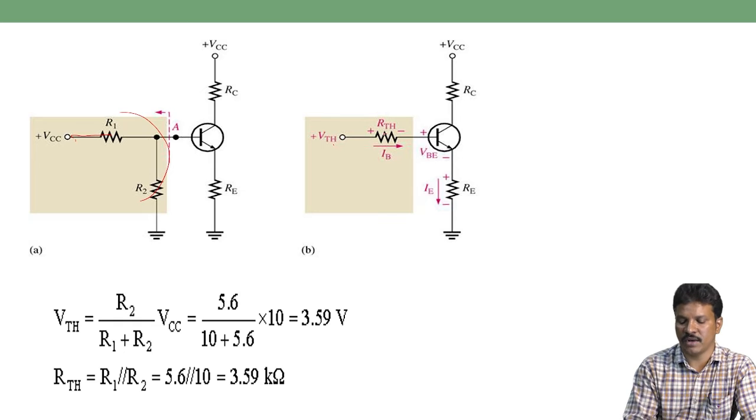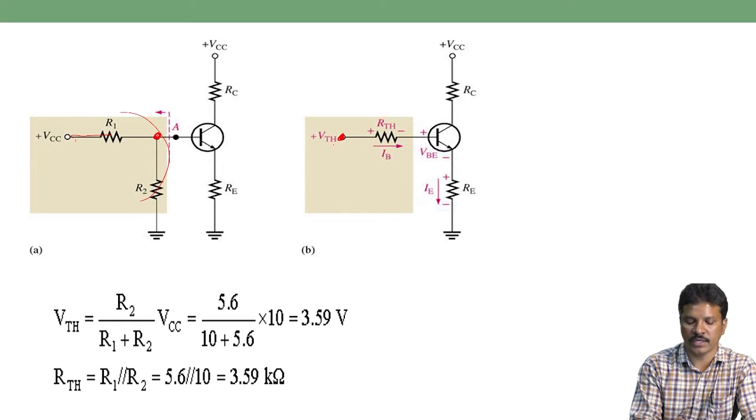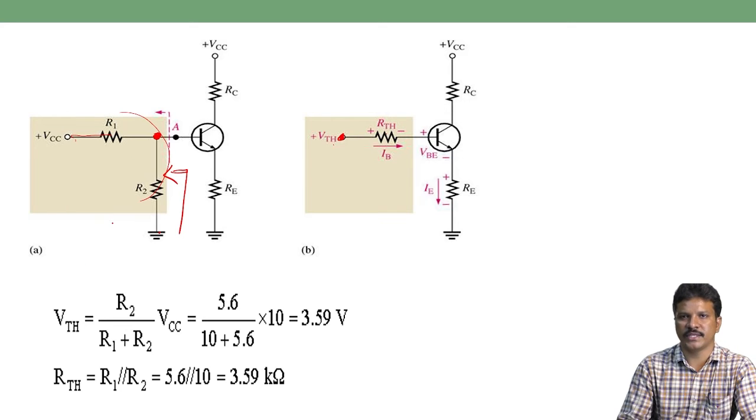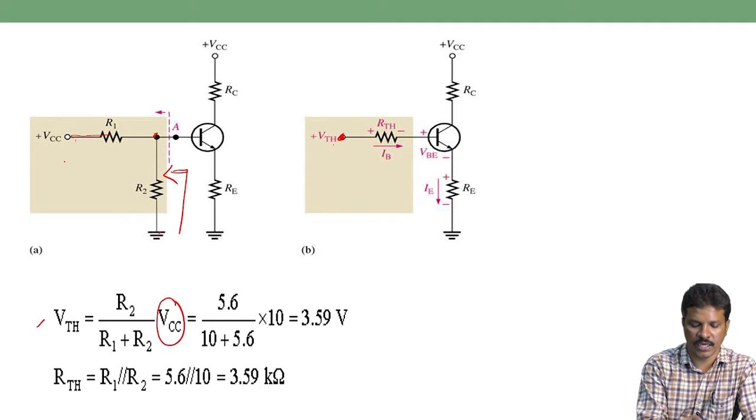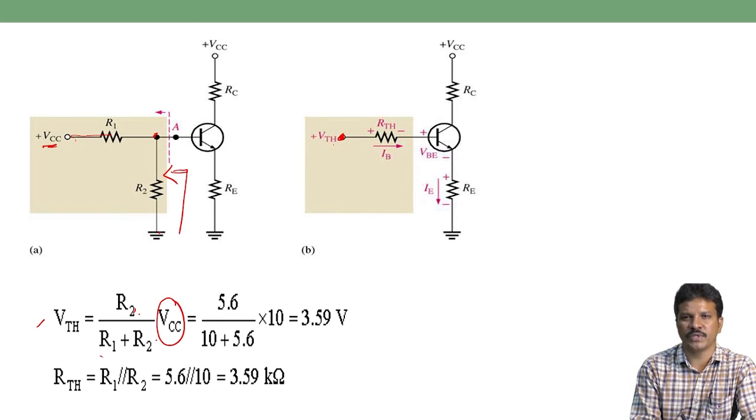In the previous lecture, we have seen how to find VTH. The voltage drop across the R2 resistor is called VTH. By shorting the voltage source and looking into the network, the equivalent total resistance is called RTH. So VTH is nothing but the total voltage VCC multiplied by R2 divided by R1 plus R2. When we substitute the values,